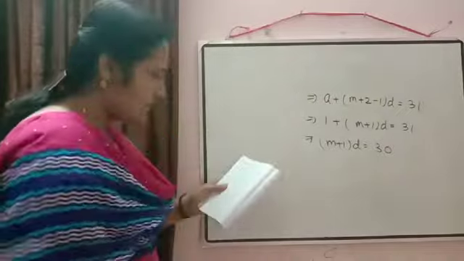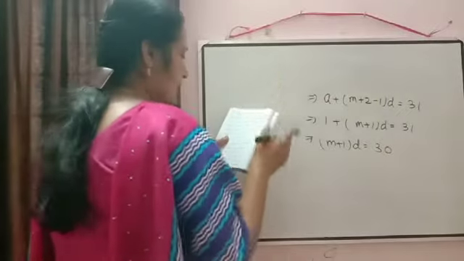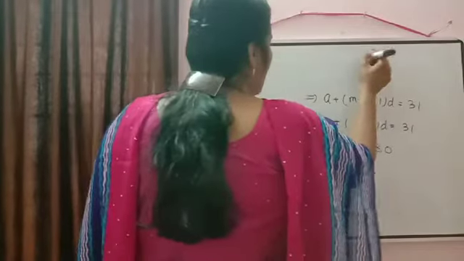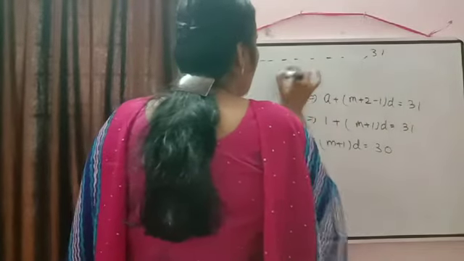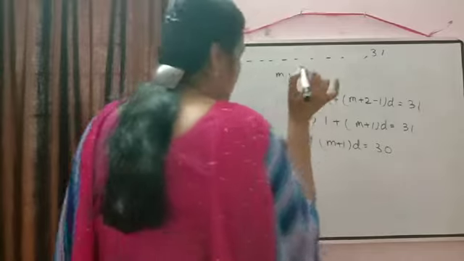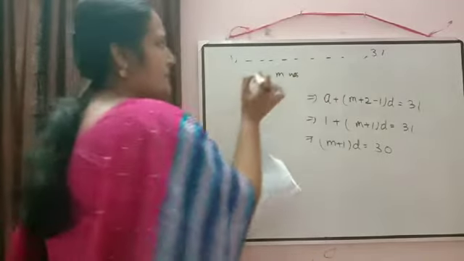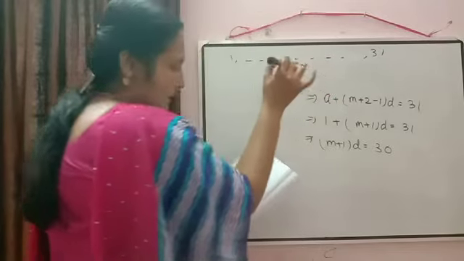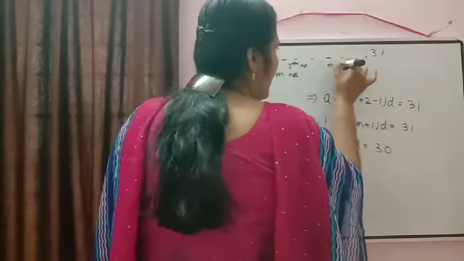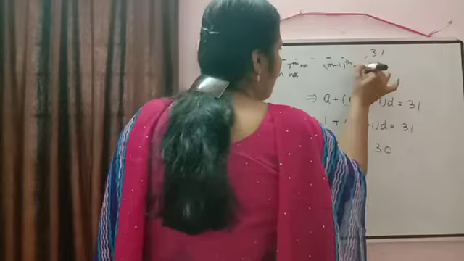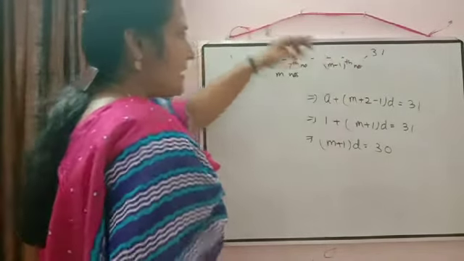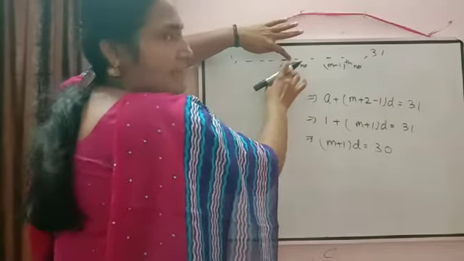In the next information they are saying the ratio of the 7th and (M minus 1)th number. Again, between 1 and 31, M numbers are inserted. And they are talking about the 7th number, the number which is inserted, that 7th number and the (M minus 1)th number. So just to check there, the numbers which we inserted in that, this is the 7th number.